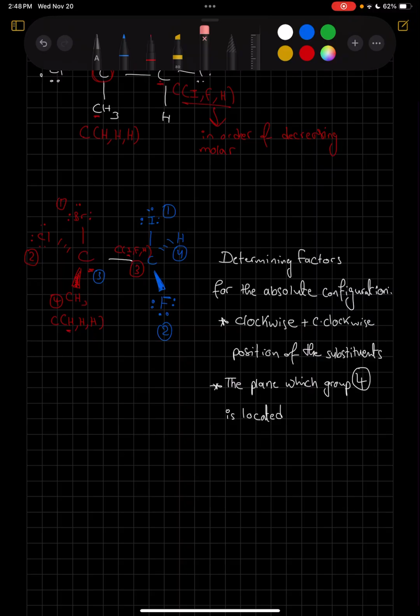Now, I know some of you would say that 4 is outside of the order in this case. If you look at 4 right here, you would say that it's out of the order, okay? So it goes 1, 2, 4, 3, but I don't care about 4. 4 is going to determine whether this is S or R, okay? So I'm going to check 1, 2, 3. Now 1, 2, 3, they're going in this direction, 1, 2, and 3, okay? So is this clockwise or anti-clockwise? This is anti-clockwise. So for the red carbon, you would say anti-clockwise,